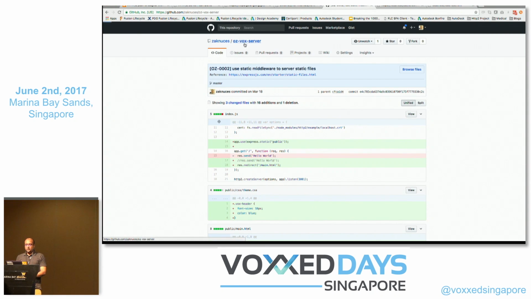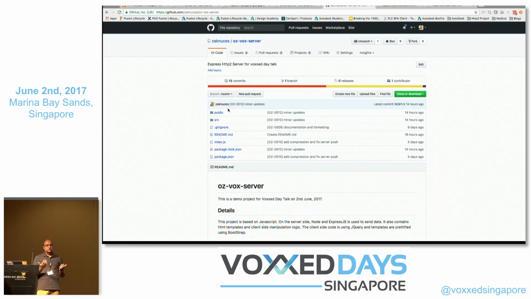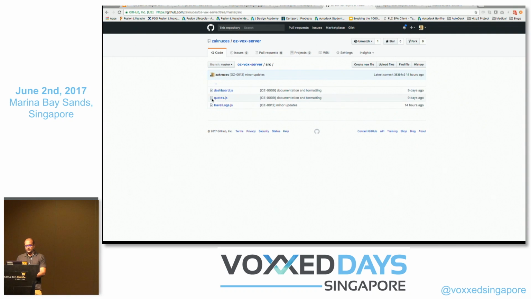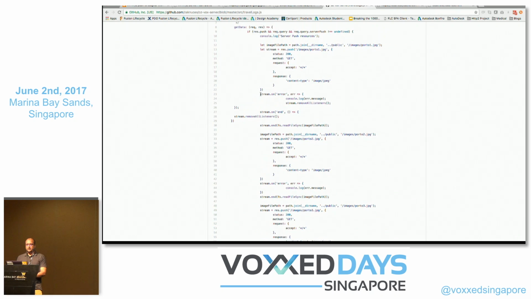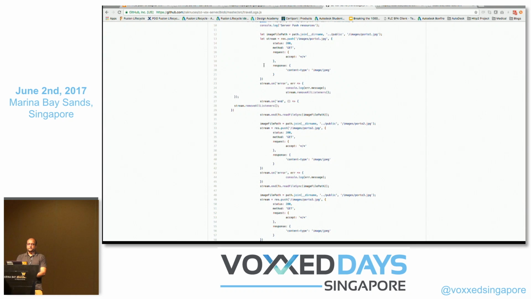So it's a simple code base. If you just want to know about HTTP and see whether it works for you and how you can use it, you can check it out. For server push, it's a simple code. You can see here, if push is enabled on your connection, so request push is true, and then you can push things. So it's just a quick code.